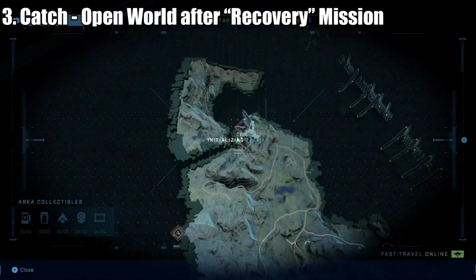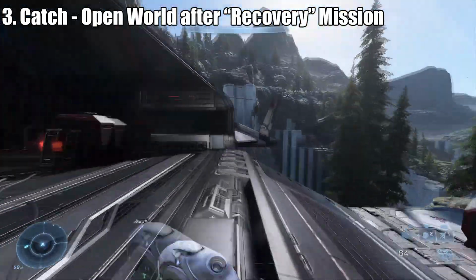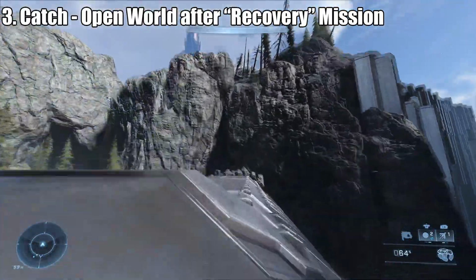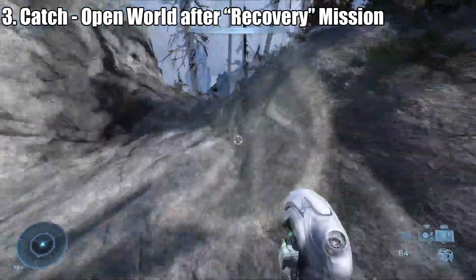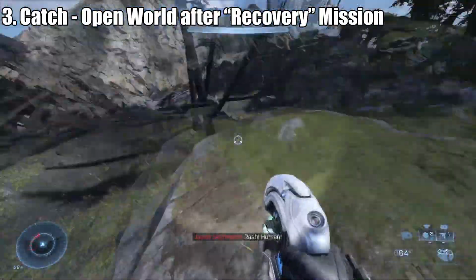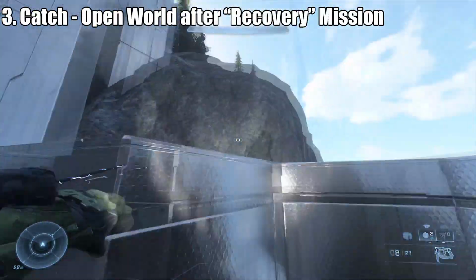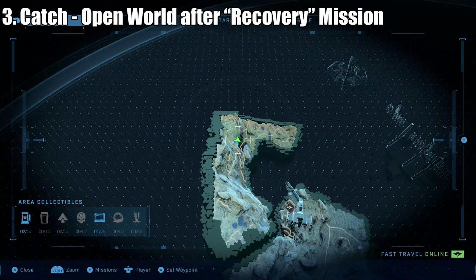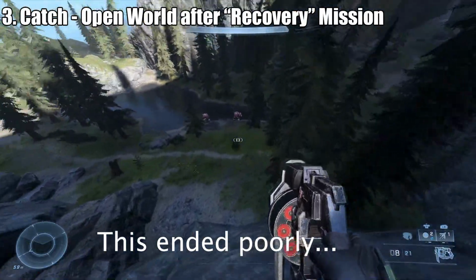The third skull in Halo Infinite's campaign can be found in the open world just north of Outpost Tremonius. You'll need to cross over to the other landmass, which I did by going up the mountainside behind Outpost Tremonius, which gave me access to a narrow gap that I was capable of crossing with just the standard grapple shot. Once there, you'll need to make your way north to where I am now, and so I was playing on